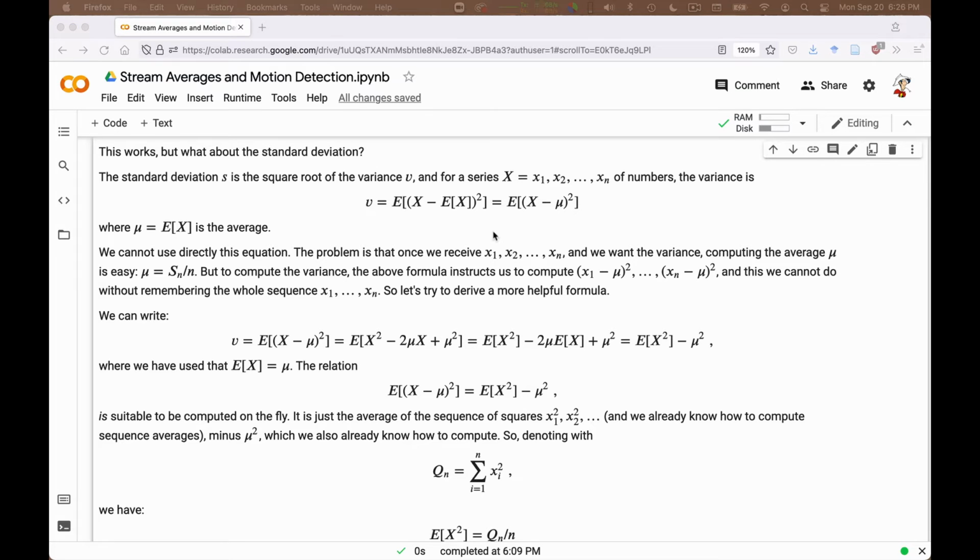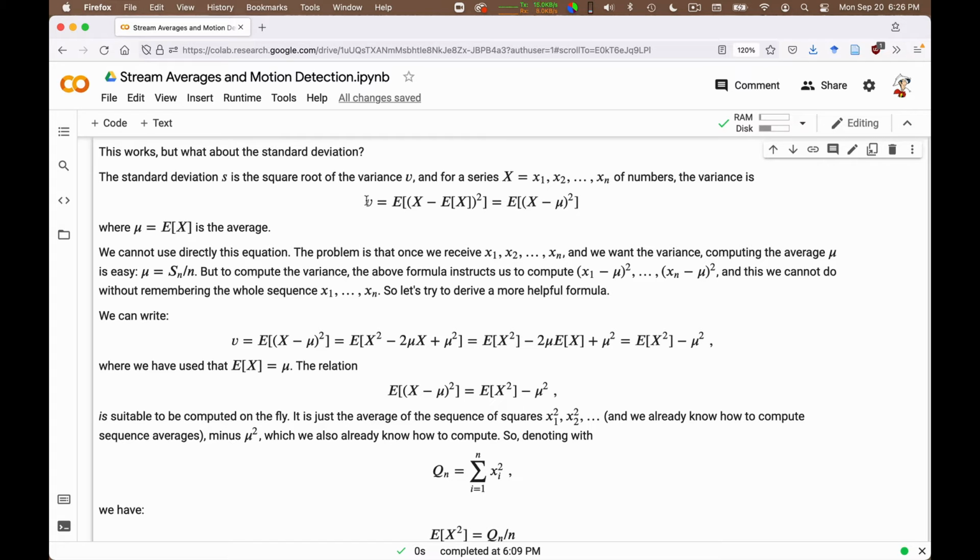So you can see that the variance essentially captures how much the sequence varies around the average, right? Because the distance between a data value and the average will be 0 if all the data are equal to the average, and otherwise if the data deviates from the average, this difference will be larger. If you square it, you end up with a positive value. And so the expectation of these is a good measure for how variable your sequence is, okay?